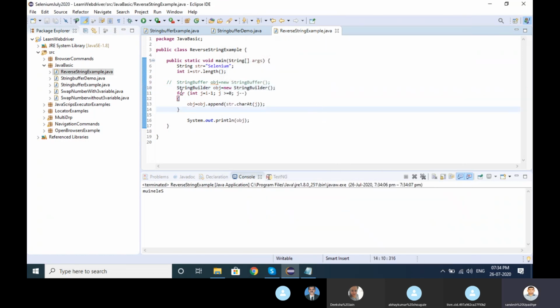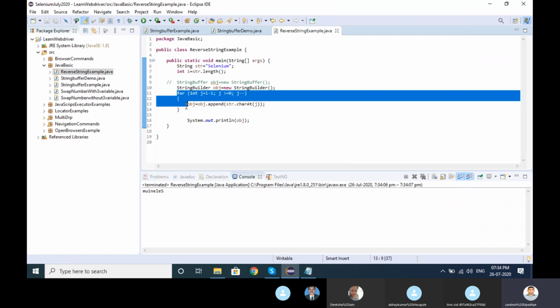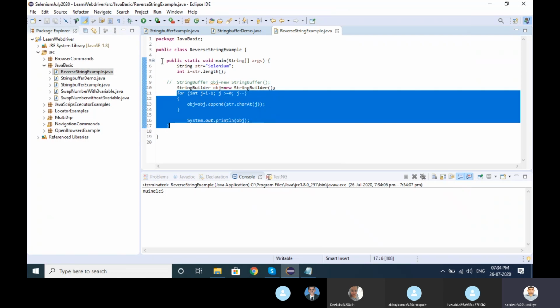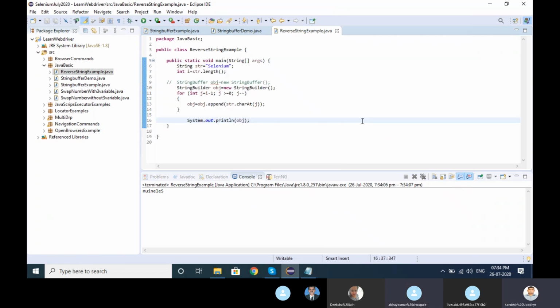Abhay, can you explain this program? Sure. We initialized one string as Selenium. We took one integer i, i equal to string dot length, finding the length of that string and storing it in integer i.